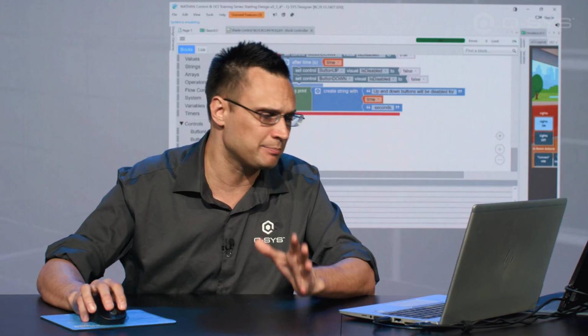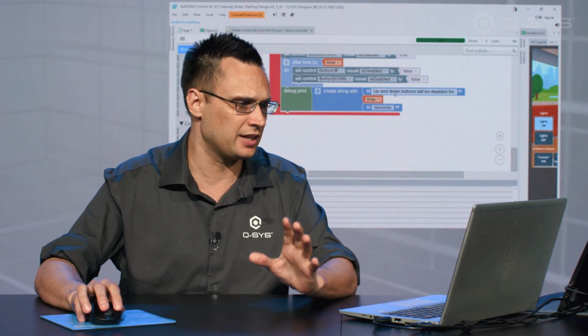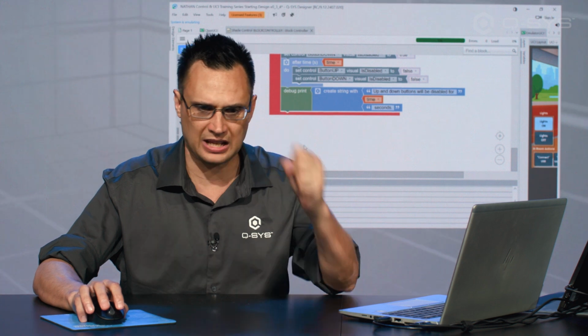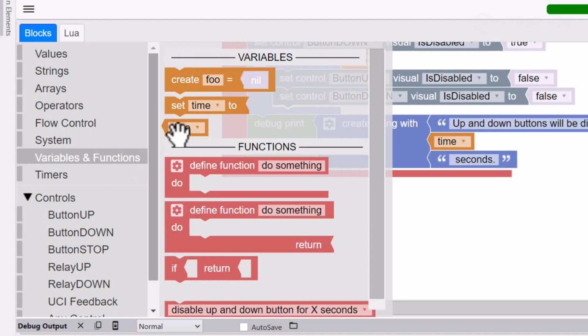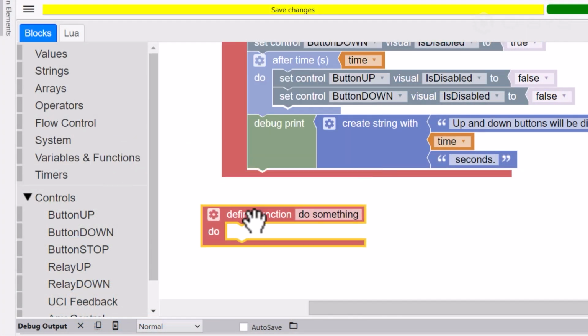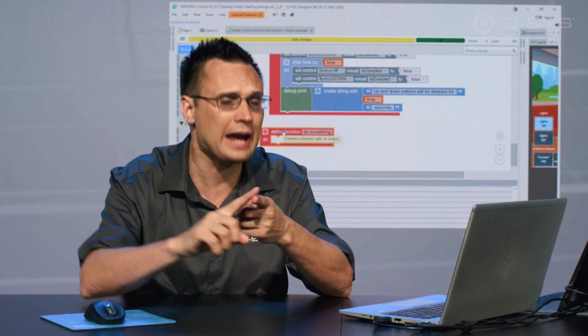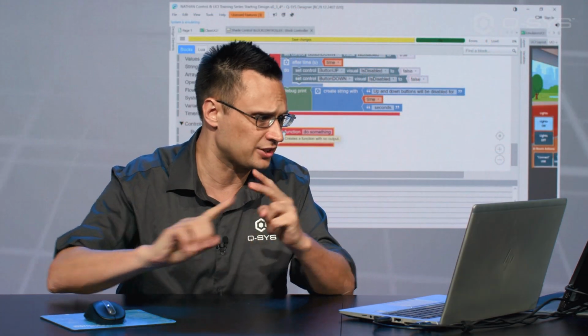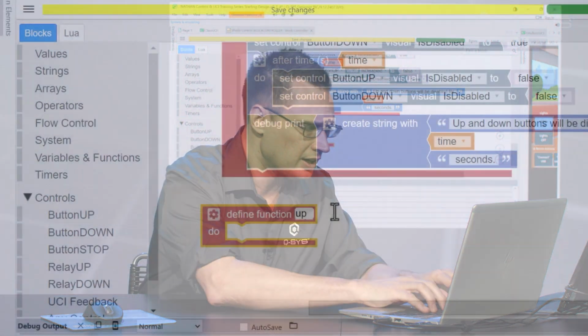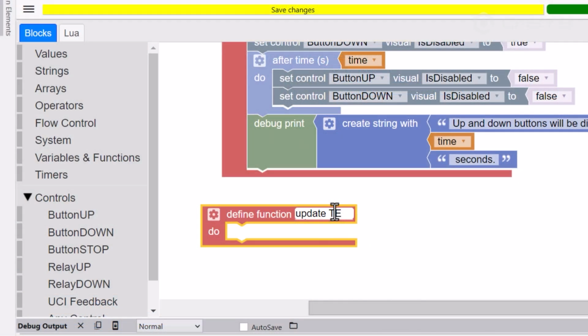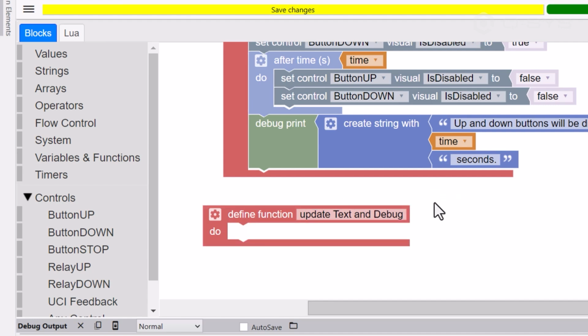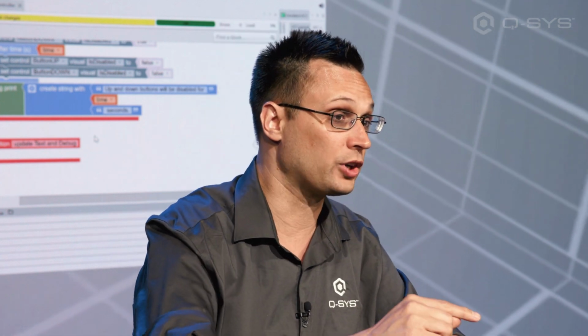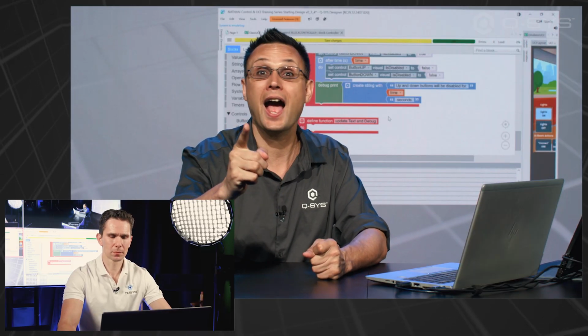Let's make a simple function that is going to do the same thing for everything. So we'll create a function. This is going to update the text on the UCI, and it's also going to work as our debug. So we'll call this update text and debug. And we know that it will have slightly different information based on which of those 3 event handlers was hit. So we're going to use an